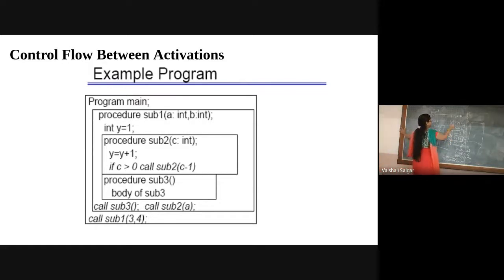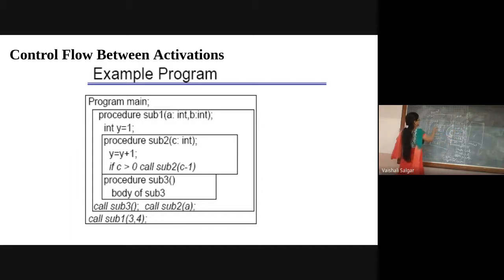Now is it clear? Yes, ma'am. So my control link or dynamic link or the pointer will always point to the activation record of a caller. So for this example, my main program is calling sub 1. So on stack already I have a sub 1. So at access link or at the lexical time, it is knowing M is going to give a call to sub 1. From sub 1 we are having sub 3, sub 2, right?